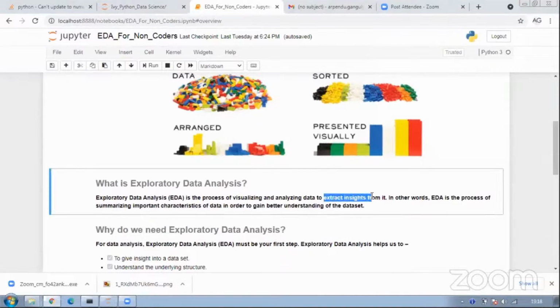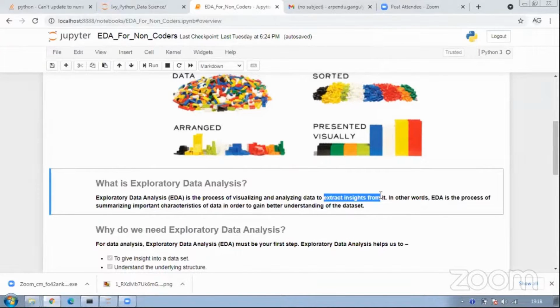This is very important, guys. Insights from it is what we mean: that data has to tell some story. I'm sure all of you are interested in data science, and that's the reason why you are here. As it says, data and science, right? You have to tell a story about the data.